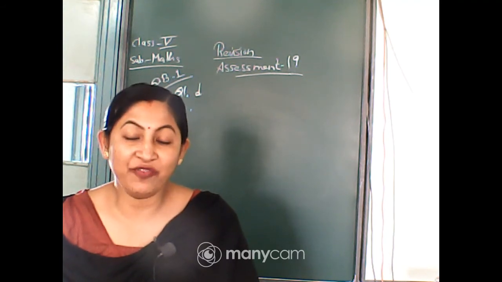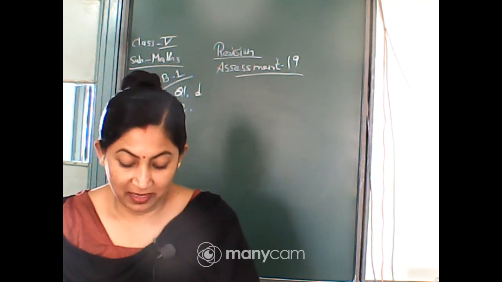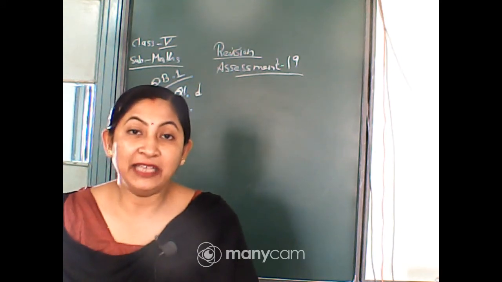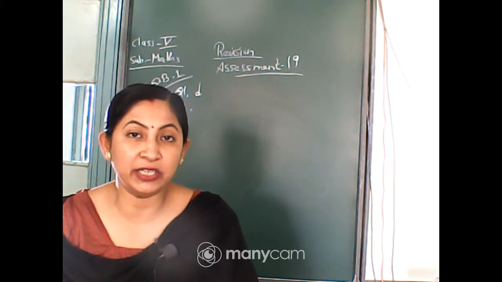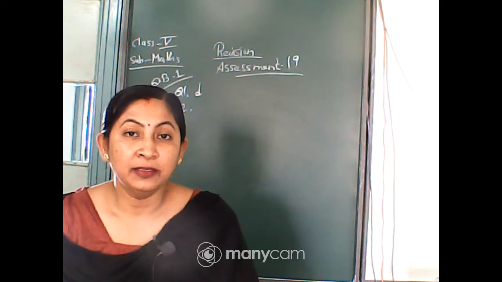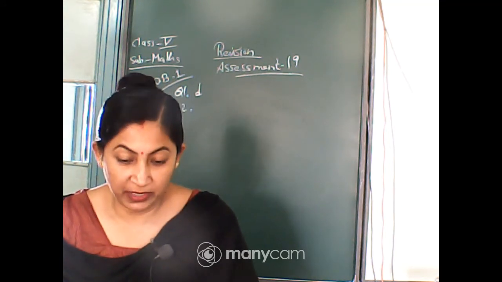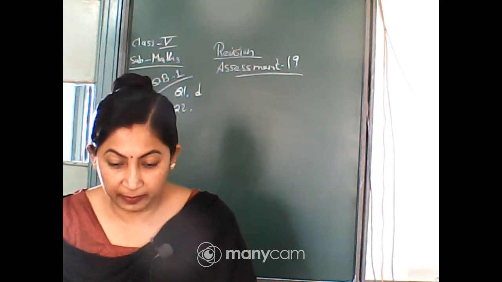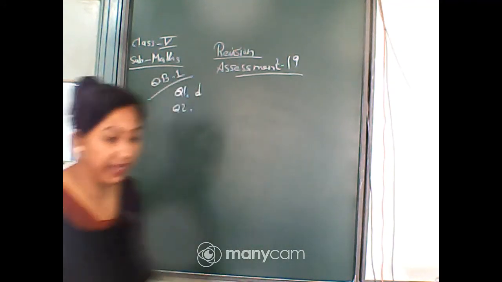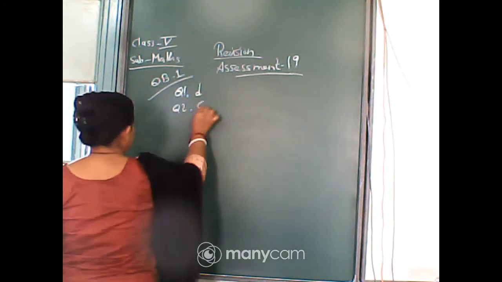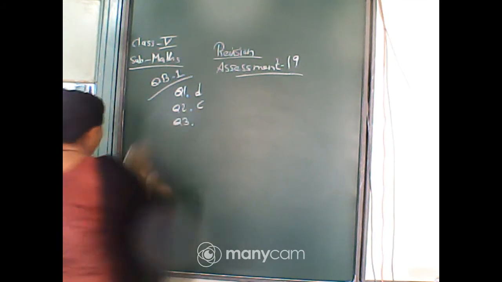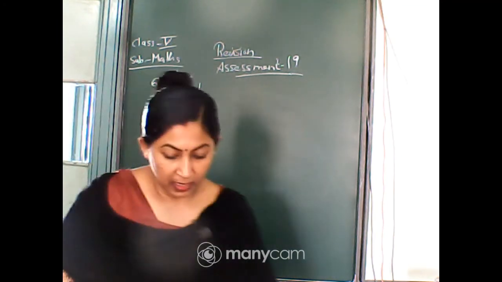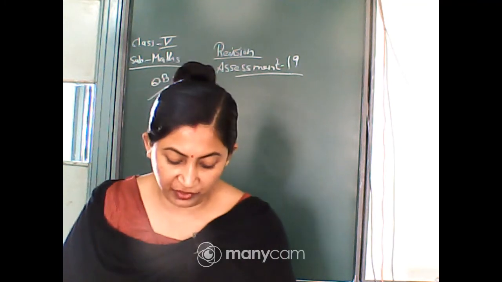No, 64 is divided by 8, because here the ice cube has one side as 2 centimeter. That means you will find the volume of that ice cube, isn't it? Very good. It is option number C. 64 divided by 8, answer will be option number C, that is 8. Now quickly solve question number 3. Those who have completed 2, solve 3.